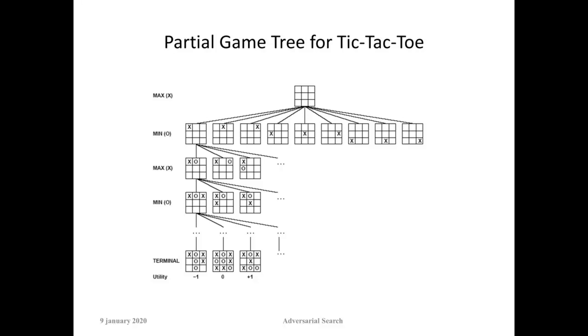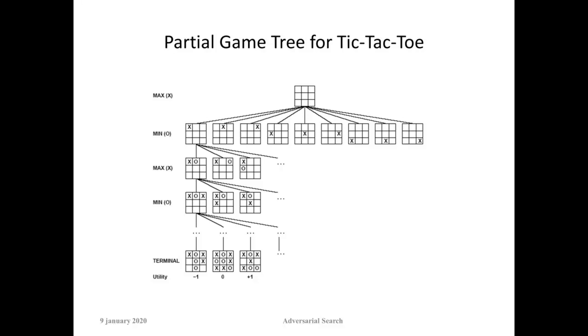In the next move, the min player is allowed to put the circle. So again, we get now not 9 options, but we get 8 options because there are only 8 fields free. In the next move, it's X's turn again. So she now has 7 options, and so forth until we reach the end where the board is full, like this one, where none of the min or max has achieved the goal of